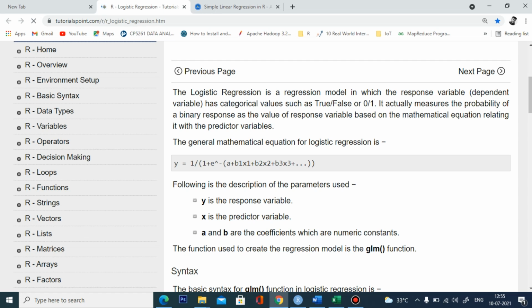If you have to identify the response variable in terms of quantity, like how much, then we use the linear regression. If your response variable is going to be a binomial answer, true or false, zeros or ones, then linear regression does not answer the question. Then we move to logistic regression.